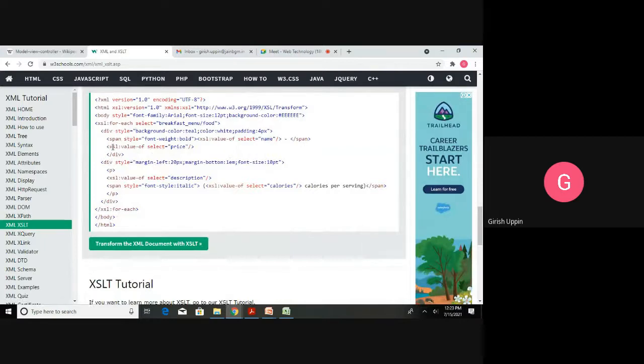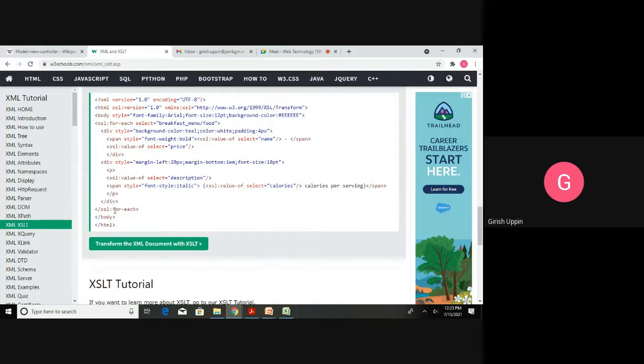Then again xsl:value-of select price, I'm getting the price here. Then again one more division, I have the styling here, then a paragraph, and I am selecting the description of that particular food item. Again I will continue, I have the span element and select calories. Then I have a text, calories per serving, closing of a span, closing of a paragraph, closing of a